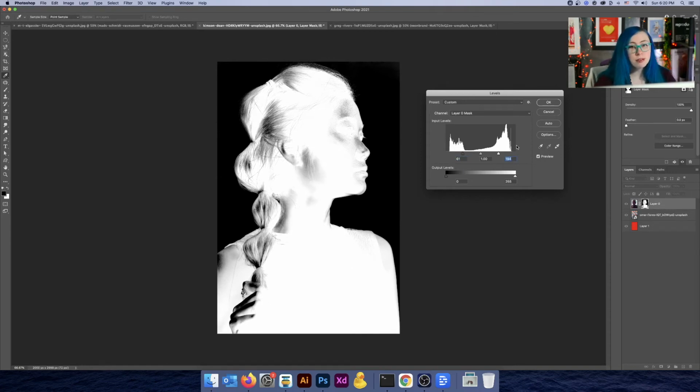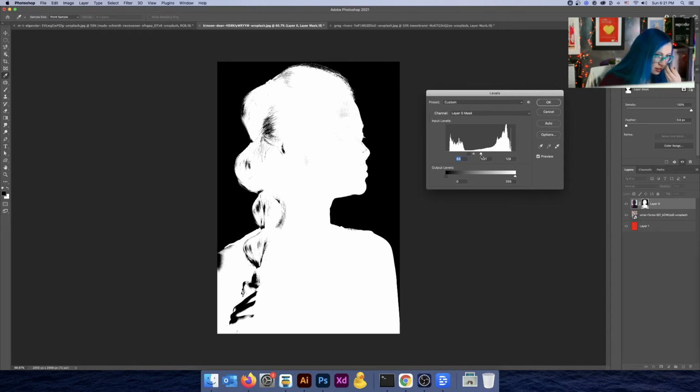Normally in photography, you don't want to do this kind of extreme editing because you lose a lot of the detail. In fact, you're seeing we're losing a lot of detail in this mask. But that's exactly what we want in this case. We want a silhouette of the woman so that it's very clearly masked out. So let's continue to adjust this until we can see that we have dark and light pretty well masked out here.